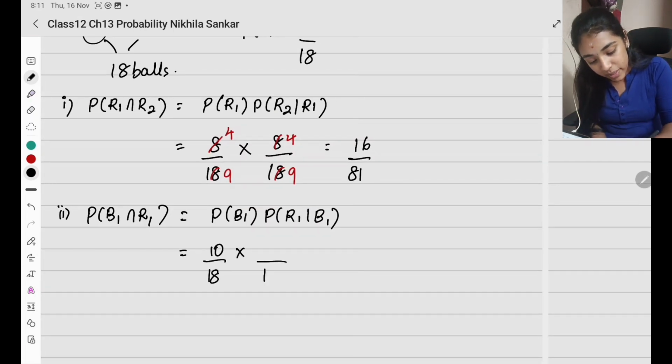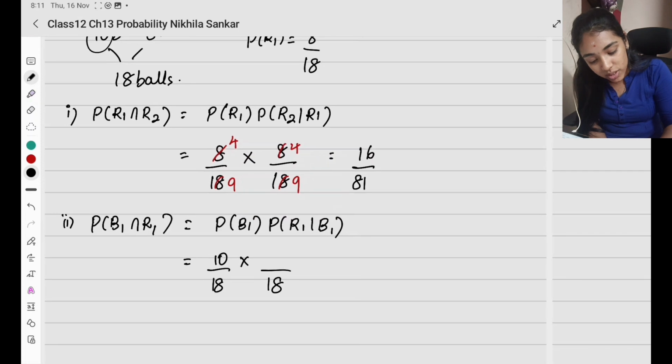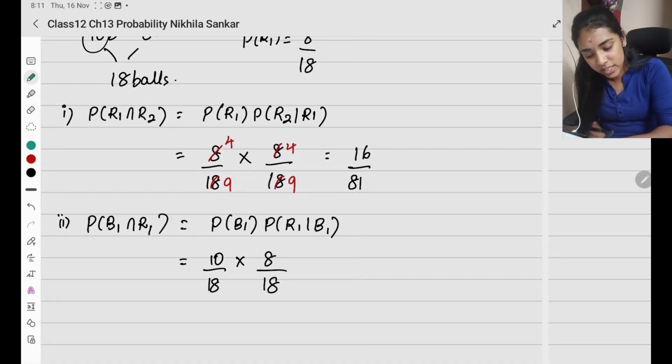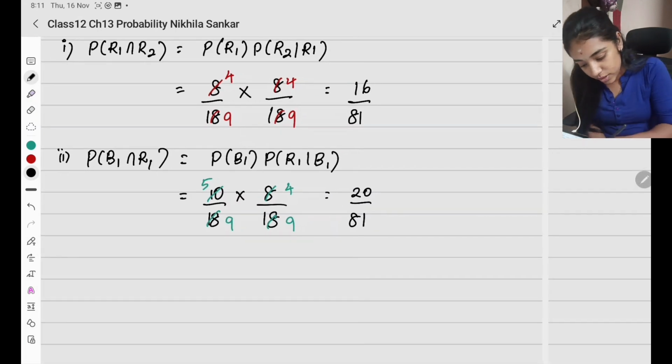Probability of black divided by the total of 18 balls, since it is with replacement, we replace it, so 18 balls again. Now how many red balls are there? 8. Okay, again this is going to be 2 5s are 10, 2 9s are 18, so 5 4s are 20 divided by 81. Okay, now third subsection,